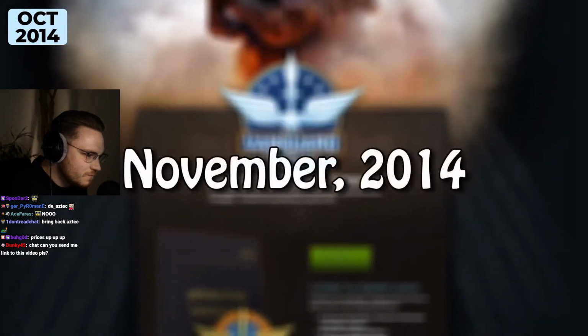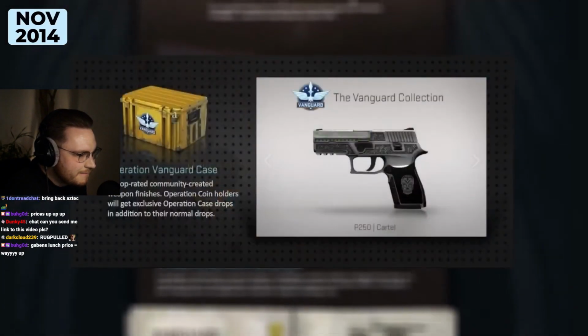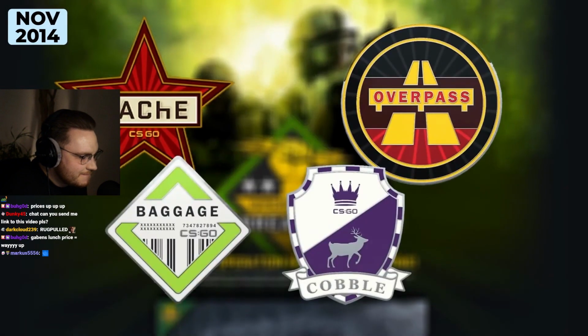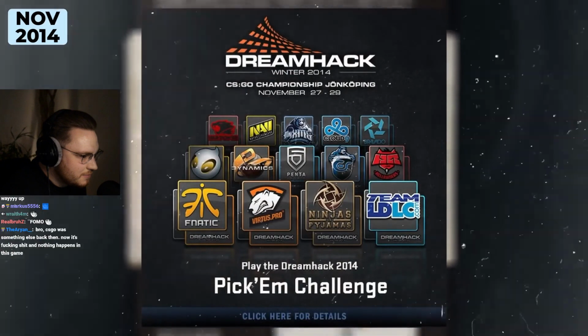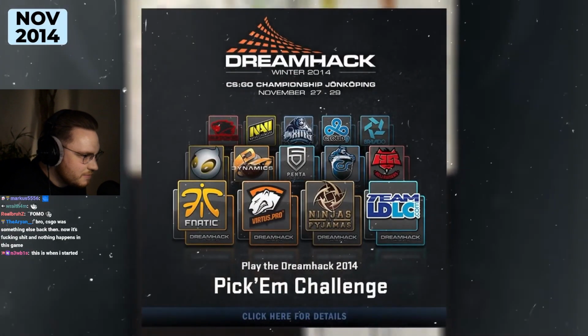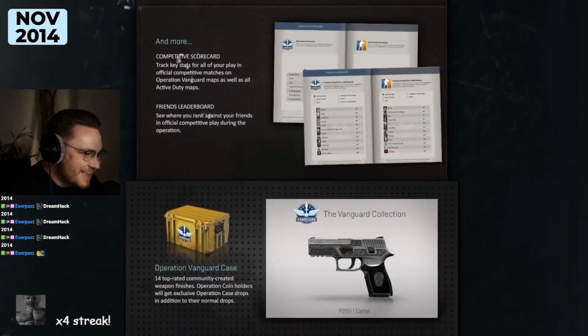Now, November saw a new operation which was best known for having a really bad case. It also brought back all the same operation collections from Operation Breakout. There was another major with these really ugly block stickers and also literally missing team stickers from this one for some reason, go figure. But following tradition...